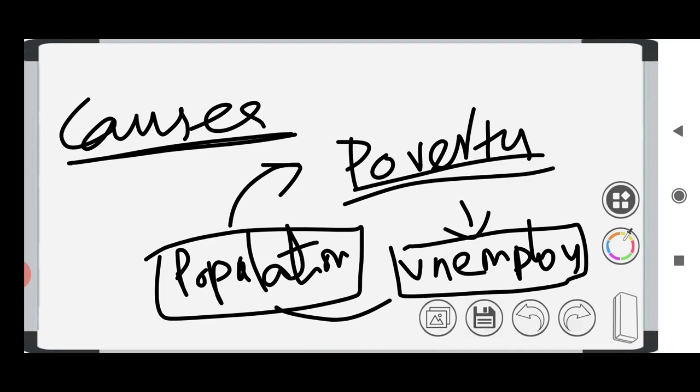And particularly in India, relating to poverty, one thing is that India is an agrarian society. Agrarian society means most of the people in India depend on agriculture. Nearly 60% of the people in India directly depend on agriculture, which means they are doing agriculture. And nearly 80 to 85% of the people in India are directly or indirectly linked with agriculture.